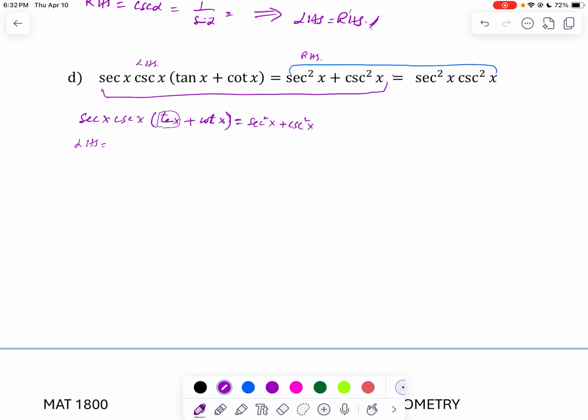So we have secant x, which I will write as 1 over cosine x. The cosecant x will be written as 1 over sine x. Parentheses, tangent will be sine x over cosine x, and the cotangent will be cosine x over sine x,